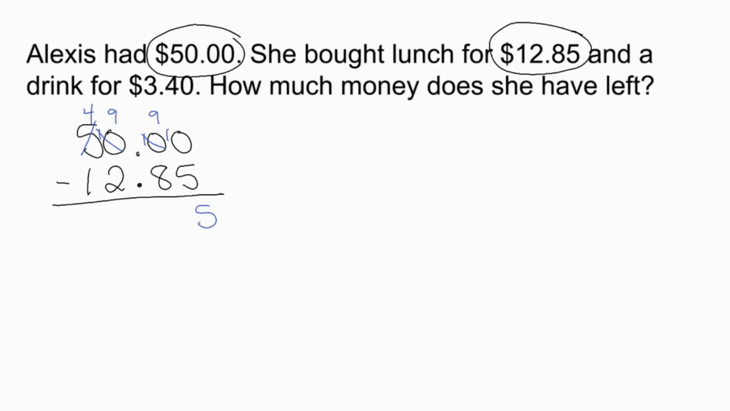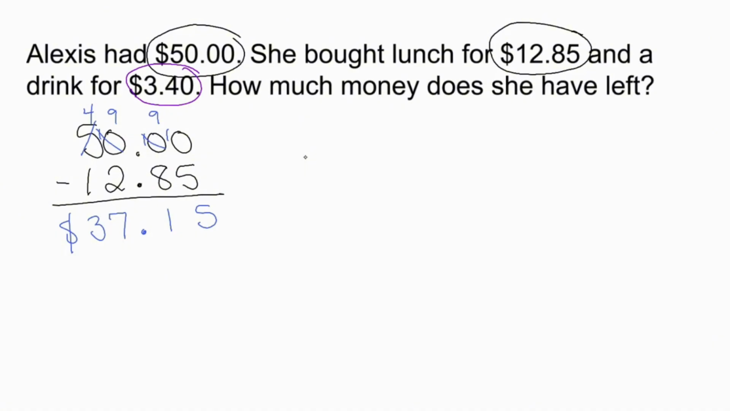9 minus 8 is 1. Drop down your decimal. 9 minus 2 is 7. And 4 minus 1 is 3. So after lunch, Lexi had $37.15 left over. Oh, but we're not done yet because now she buys a drink for